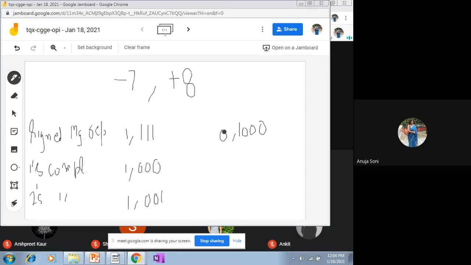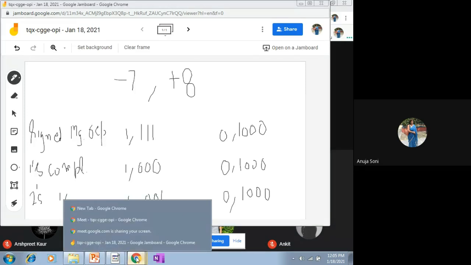And afterwards, you have to find its ones complement. I told you that the ones complement and twos complement mechanism is meant only for negative numbers. It will not have any impact on positive values. Positive values will remain as such. Even if we take the ones complement of a positive number, it will remain as such. Similarly, twos complement also will remain as such. You can get a 2 marks question in your exams, so such kind of questions you may be asked to solve.